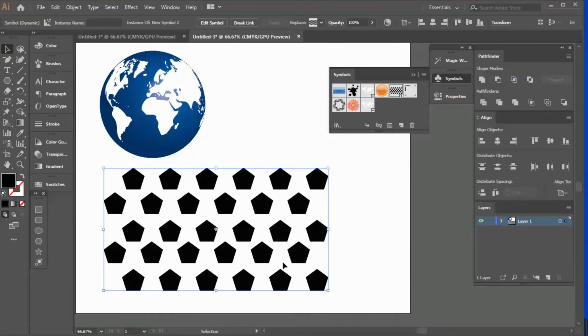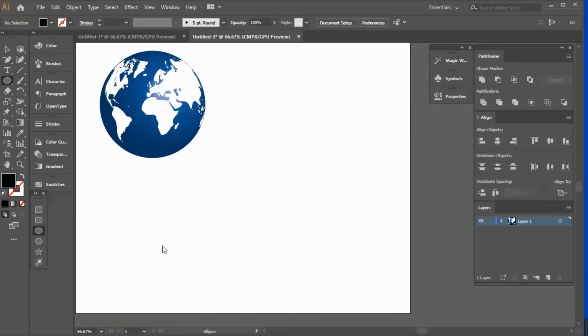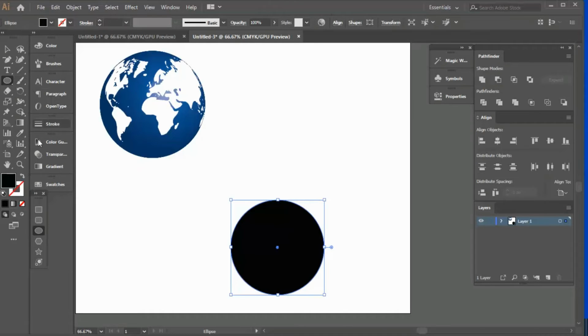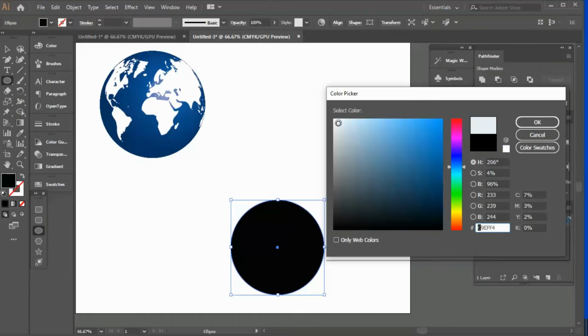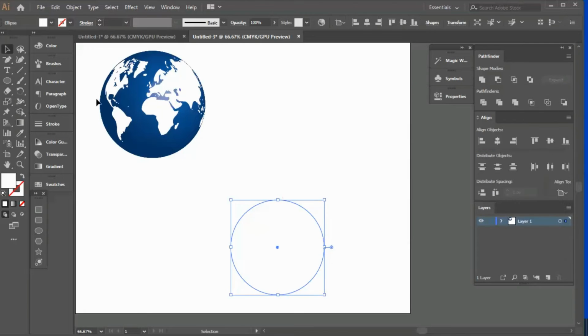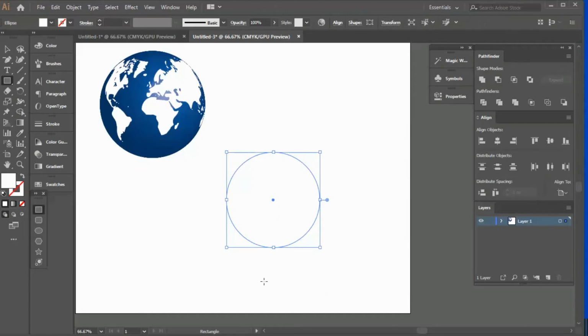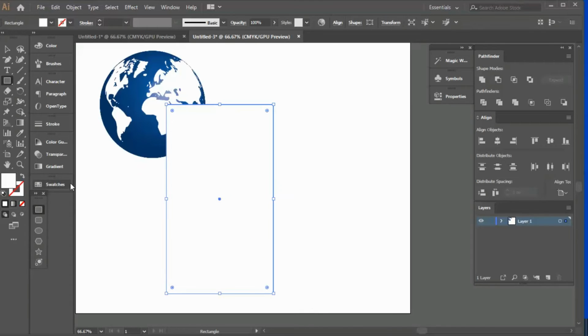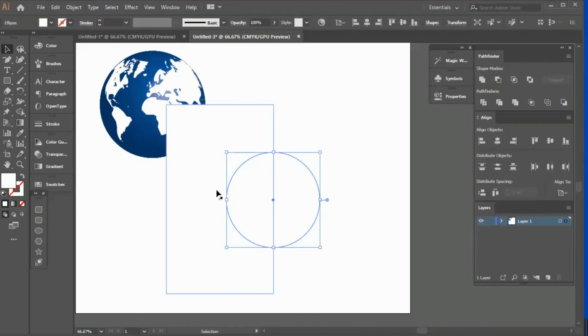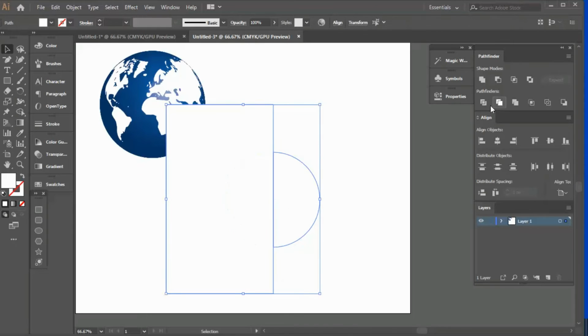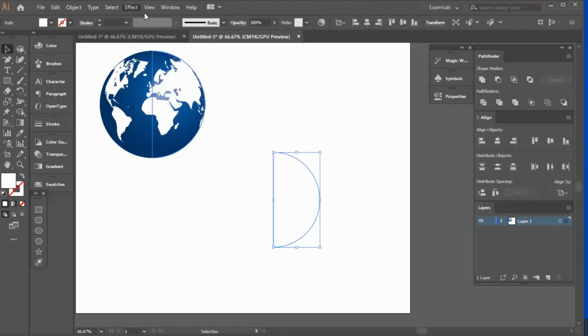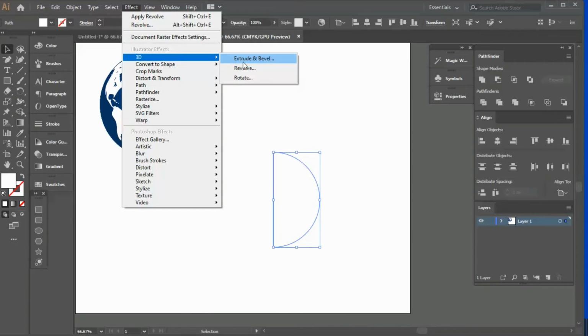This is a new symbol, so I delete this, and again I make something like a ball, white ball, cut it from the left side. This, trim, ungroup, delete, click on it, go to Effect, 3D,